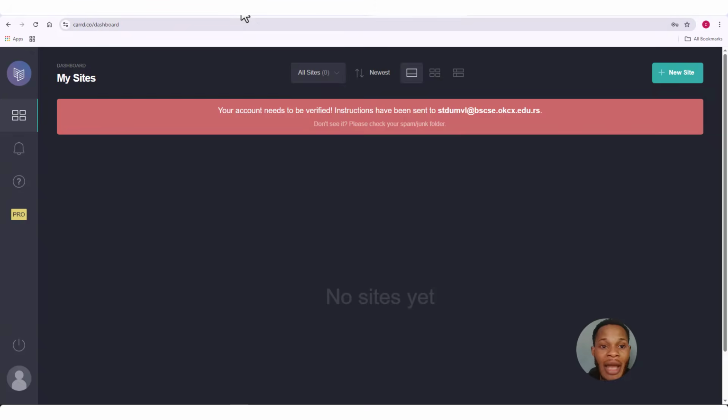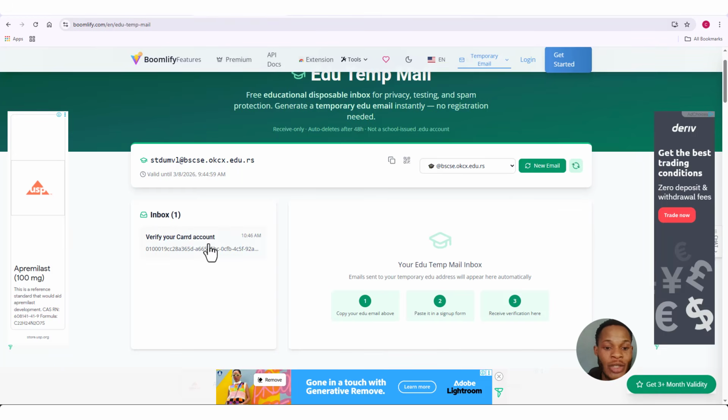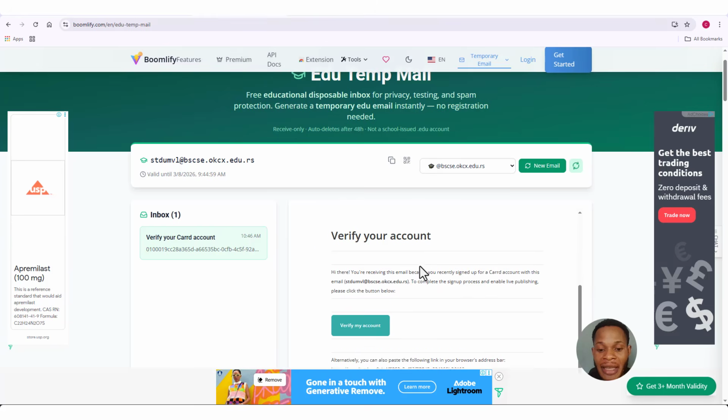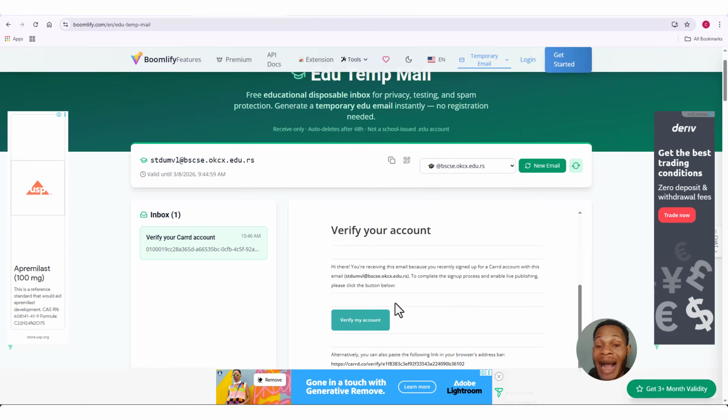So I'm going to come back to my EduMail. All right, and guys, so you can see immediately we got a verification code. So I'm going to open this right here. All right, and now guys, you're going to be finding it right here that it says verify your account. So all of this worked. All right, so I'm going to click on verify my account, open in a new tab, and let's see what